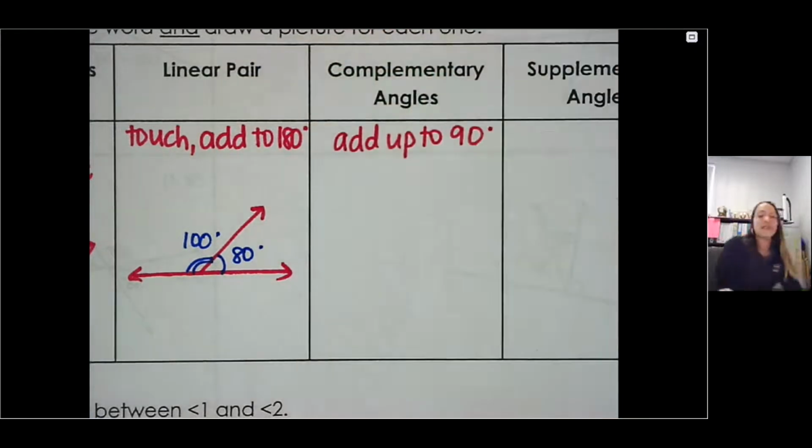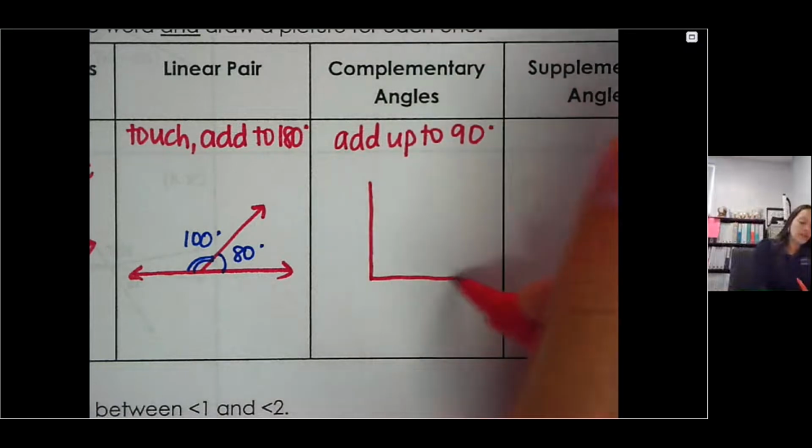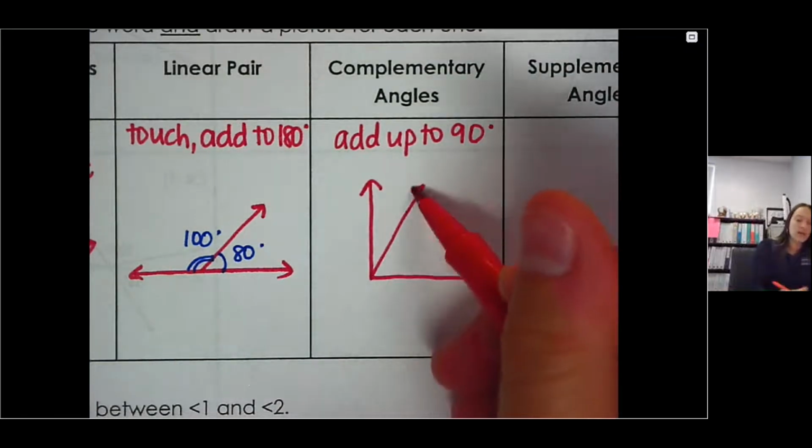And if it adds up to 90, what's the little picture? What does it look like if it's 90 degrees? Is it a little what? Yeah, it's a little box in it. Exactly. So it looks something like this, and it can be any two angles that add up to be 90